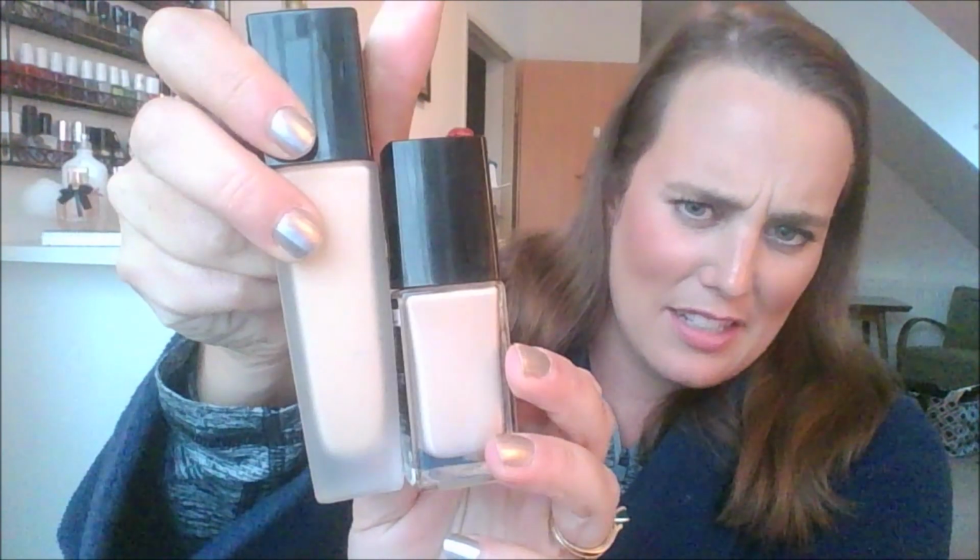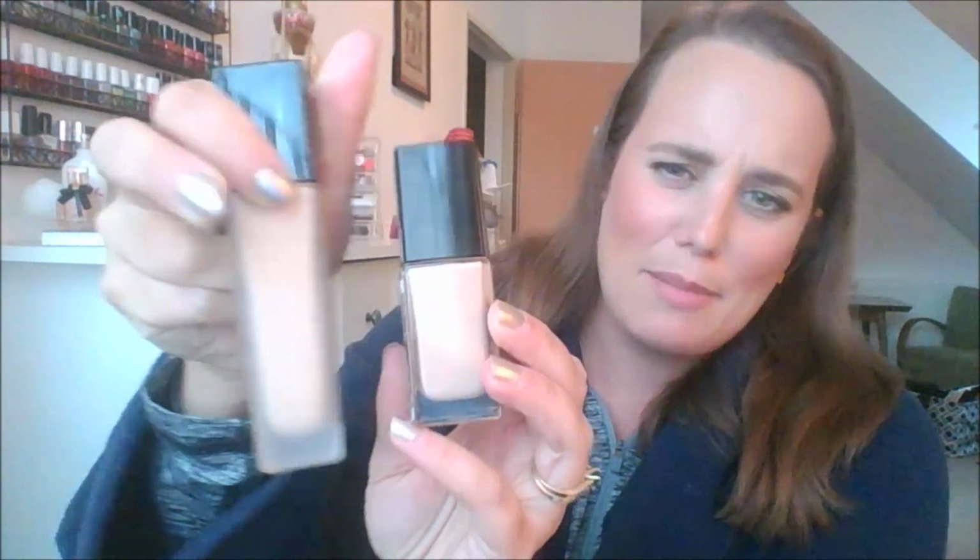So I know I've got a lot more in this, but I would like to see if I can use this up. This is a little bit deeper. I don't know if you can see the difference. Probably not. They look pretty similar, but my Lancome is about a shade and a half lighter. So I want to use this as much as possible when I'm darker, when I'm tanner, and then I'll start mixing, and then I'll just go to the Lancome. This is kind of like in case I finish the Lancome anyways, it just happened to be the better shade for me. In terms of nail polish,